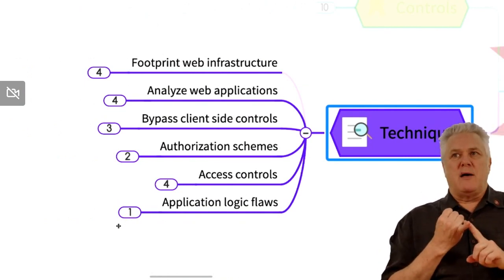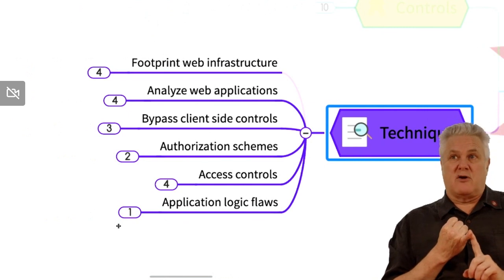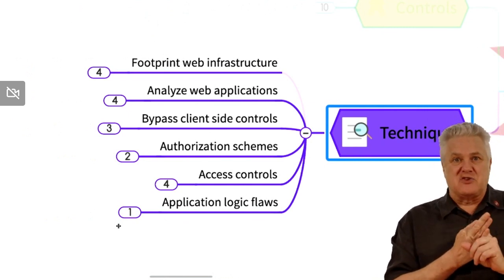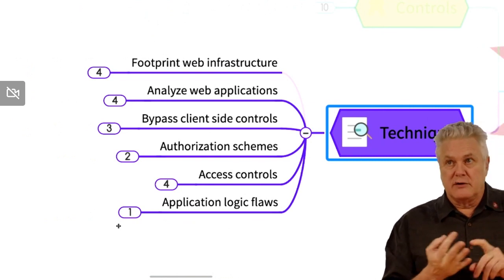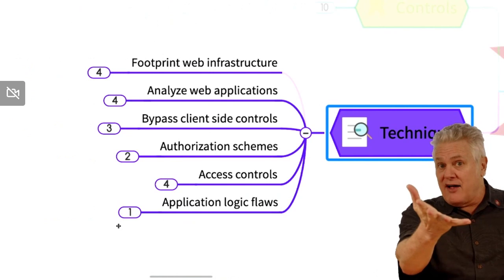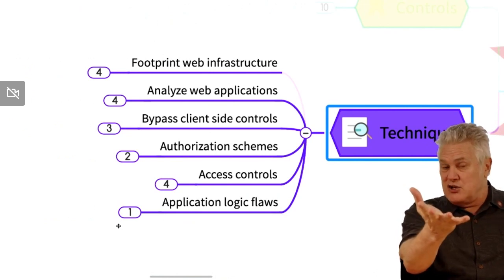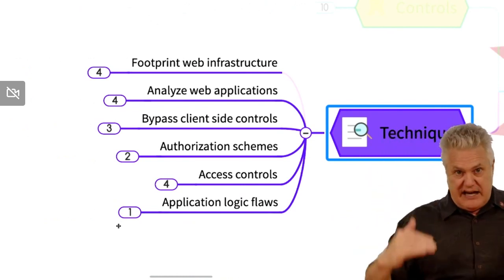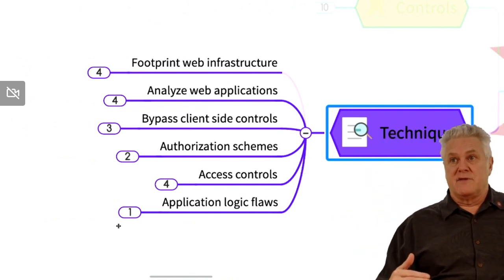We footprint the web infrastructure, which usually means site mirroring. We analyze the web application, bypass the client-side controls with a proxy server. We figure out what the authorization schemes are. You figured out those on the expsec.us site if you logged in as the different users. You detail and document all that stuff out. Then